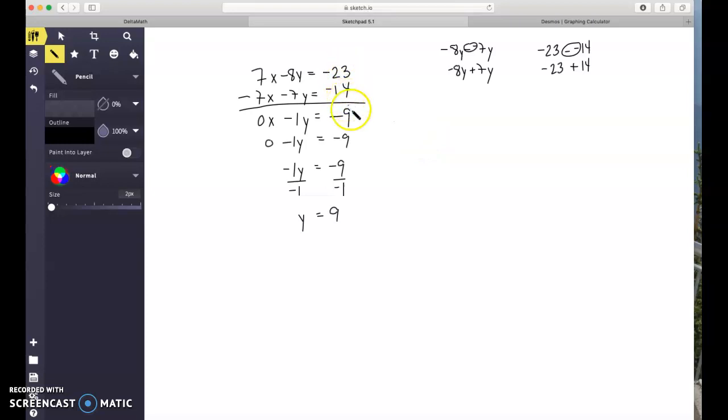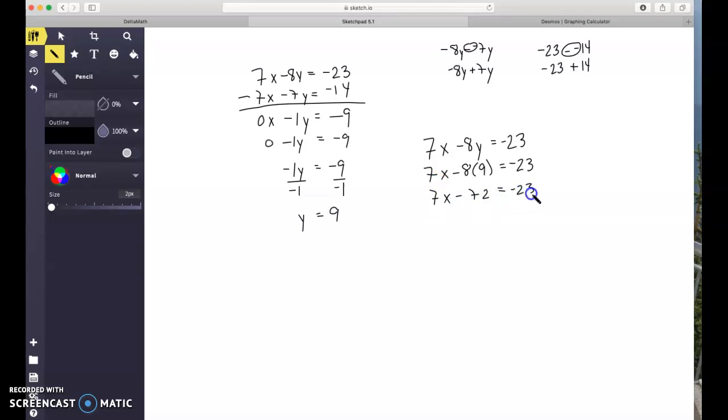It doesn't matter which equation you pick. You could pick the top or the bottom equation. So I'm just going to go with the top one because it doesn't matter. You might pick the bottom one if you think those are going to keep your numbers a little smaller. Let's see here. I've got 7x minus 8. I'm going to take out my y and plug in 9 because I know y is equal to 9. And let's see here. 8 times 9, that gives me 72